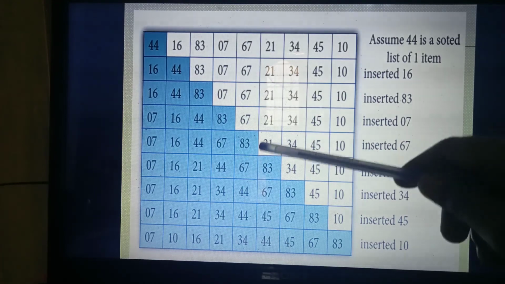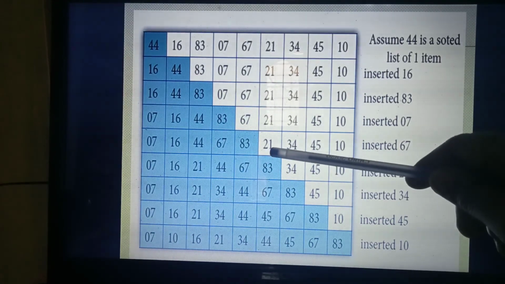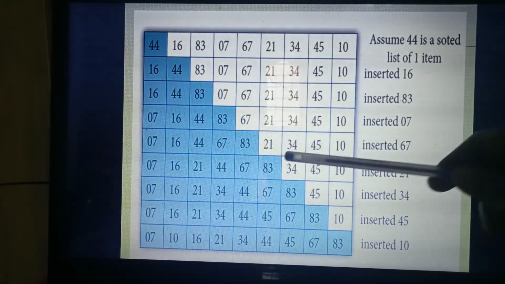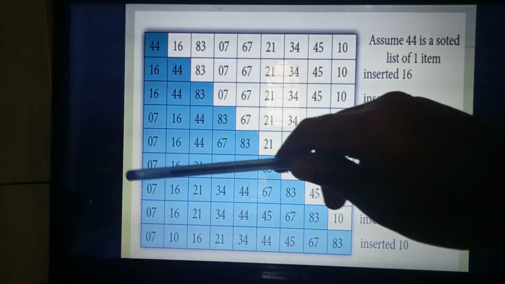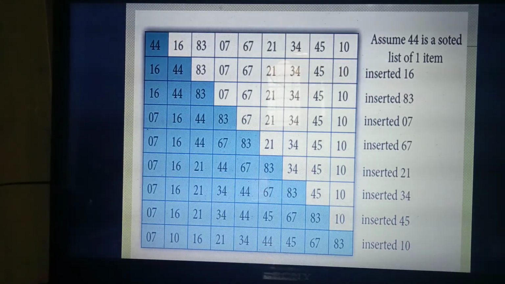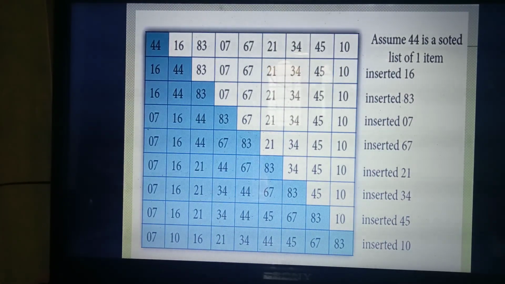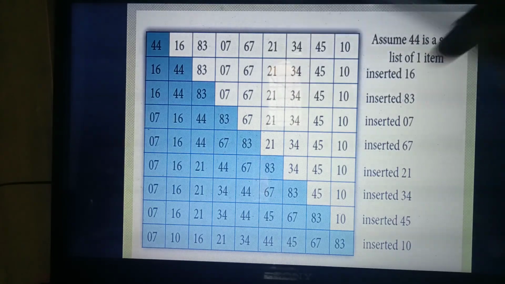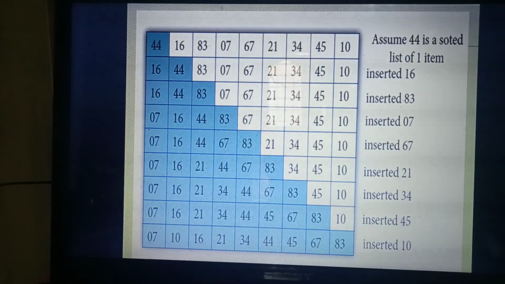Next compare up to this one. What's the next element? The next element is 21. So 21 needs to come. Likewise, in order you need to insert and write. Understand? Just one time look at this example. All of you take your books first. Look at this example. What are the things I have explained? Just understand it. Then only you will be able to write the pseudocode.